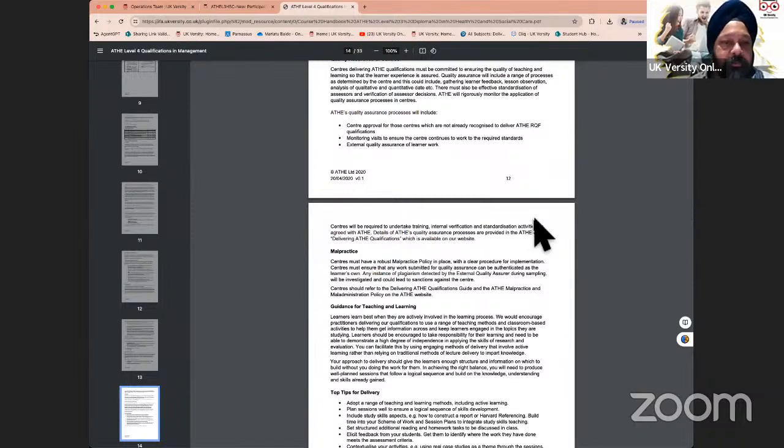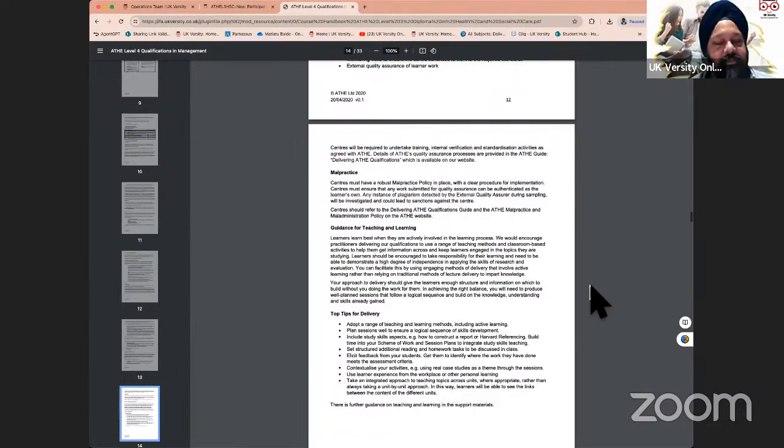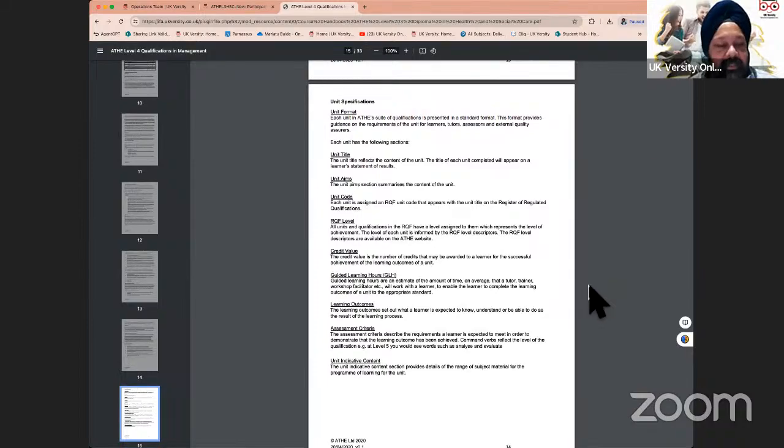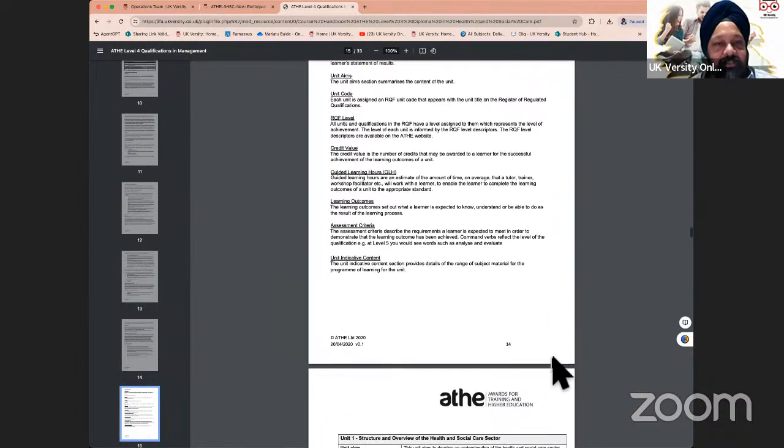And that is important. Now, nowadays, as you know, artificial intelligence can be used to write assignments. So awarding bodies are making sure that there are stringent guidelines which learners and centers follow to avoid this malpractice. So you have to read through it to ensure that you are aware of malpractice and the use of AI to do your assignments. That would be the bit that I would suggest you need to be aware of as far as the